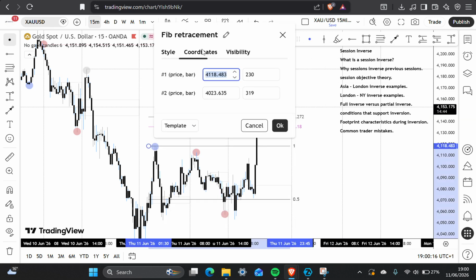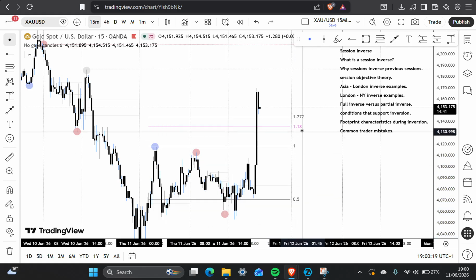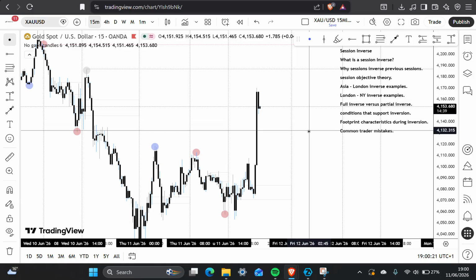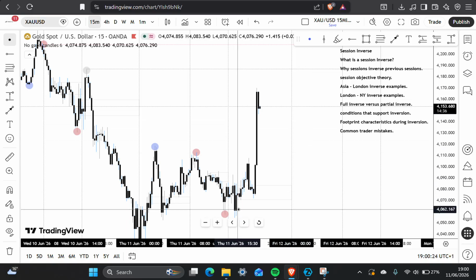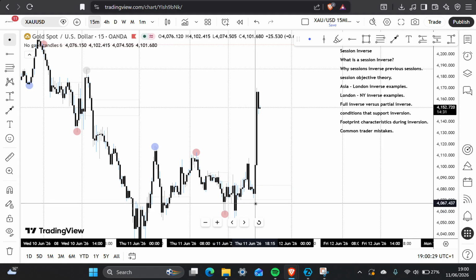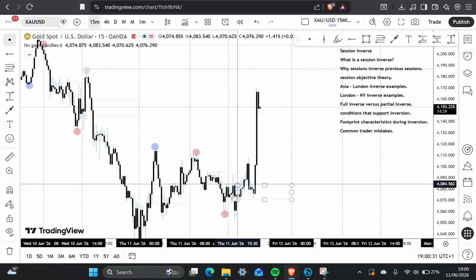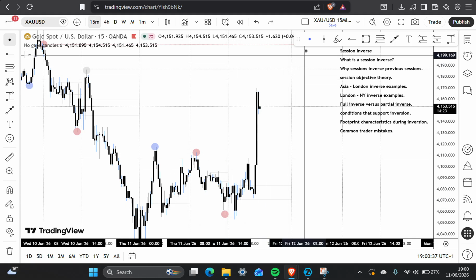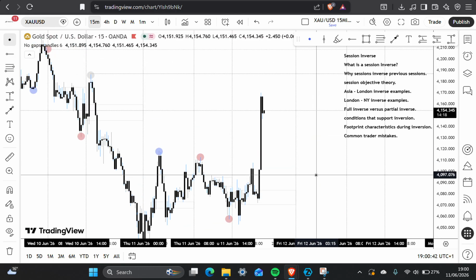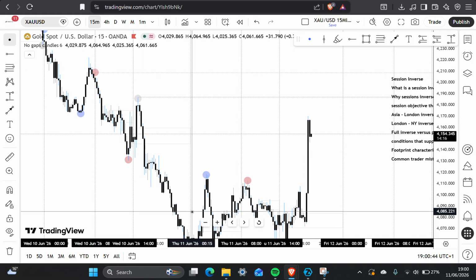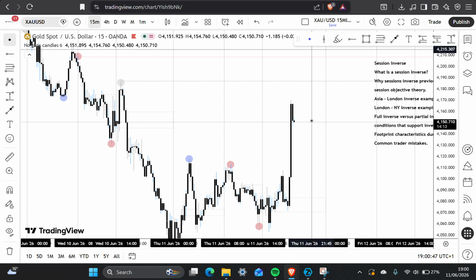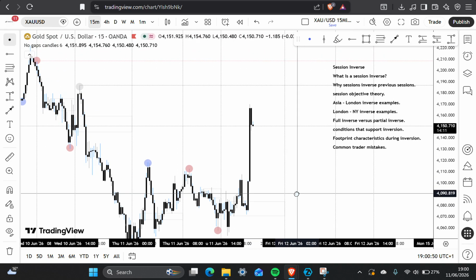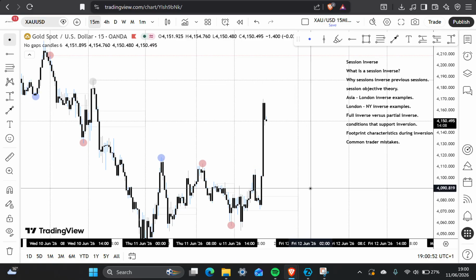Powerful tooling system. So I've got multiple. We have the first low, which in itself is powerful. We have the first high, which in itself is also powerful. Then we have the delta candle, which is also powerful. We have the session to session inverses, which is another ace underneath my sleeve. Then we have session to session continuation, which is also another powerful tooling system. So I have multiple powerful tooling systems to present to all of you.